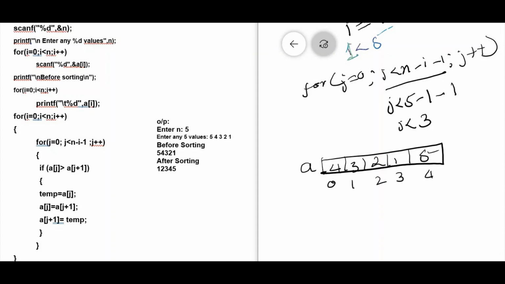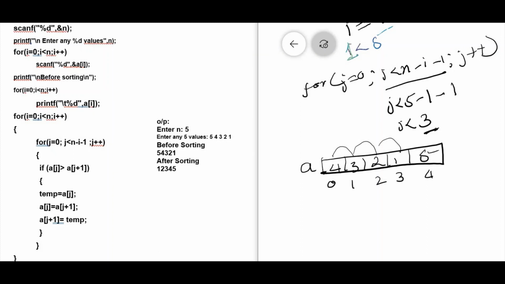Now the first element of the array is being compared with 3, it will be compared with 2, it will be compared with 1. Whereas it will not be compared with 5, because we are setting the limit, that is up to index 3 it has to be compared, because 5 is already compared with all the elements.